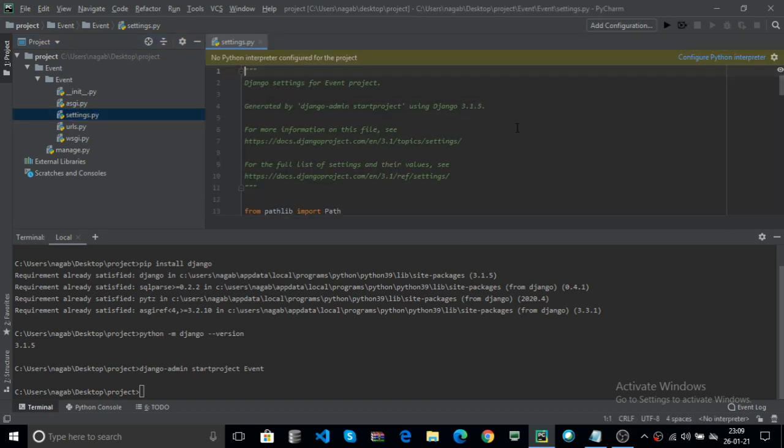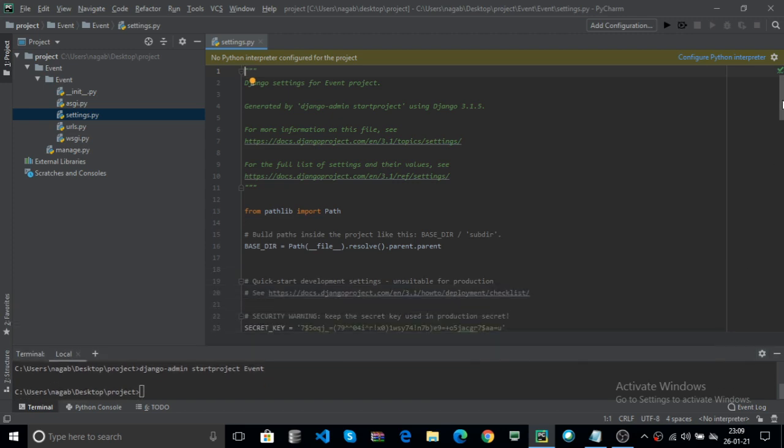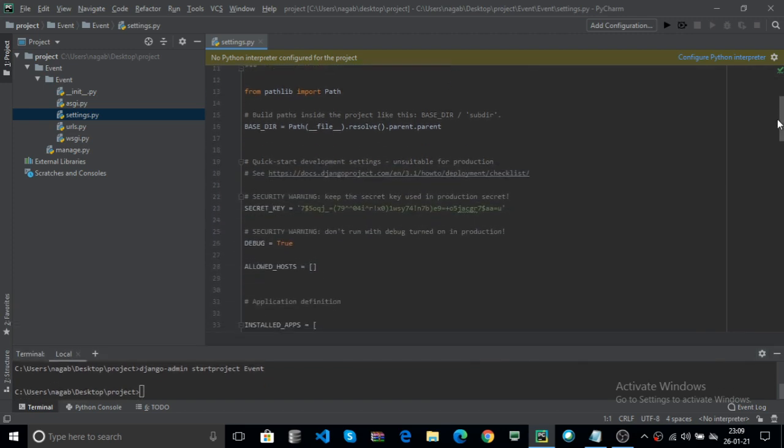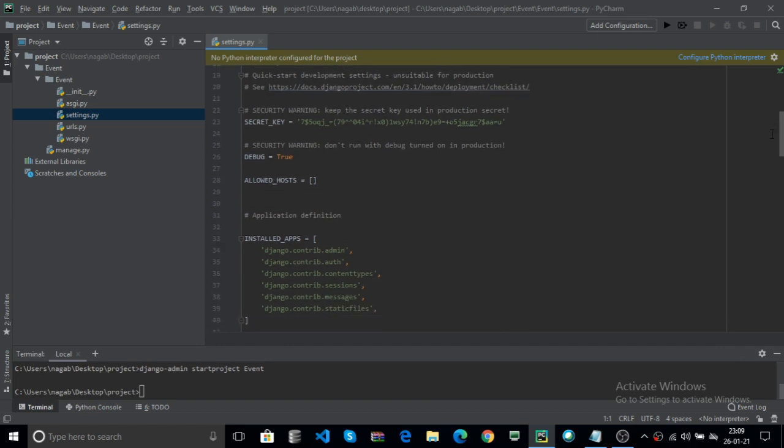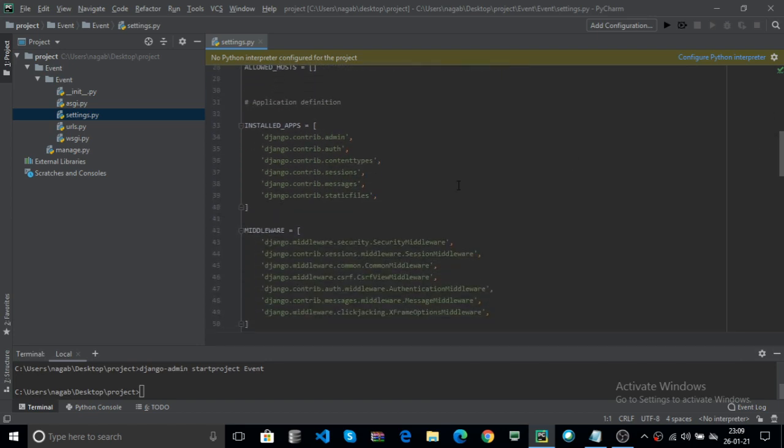Here the file is opened. You can check all your project configurations are stored in settings.py. The installed apps contain your project apps. Here the middleware is for authentication and security.